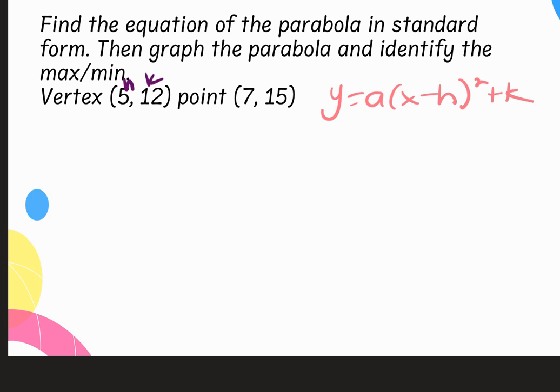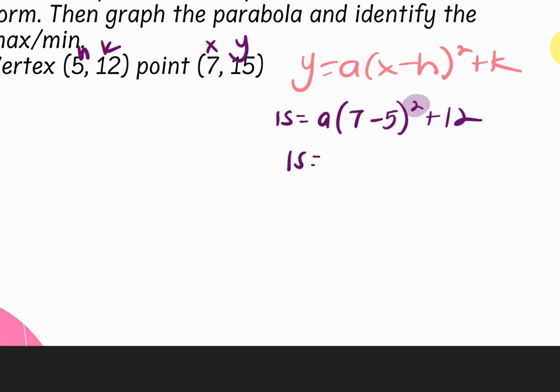My vertex is my HK and my point is my XY. So when I plug back in as the answer, that 5, 12 gets plugged in, not the 7, 15. So my Y is 15, my A is my unknown, my X is 7, my H is 5, and my K is 12. The other thing people forget to do is square this. Like those are 2 silly mistakes people make on this test all the time. Don't do it. So I get 15 equals A times 2 squared plus 12,